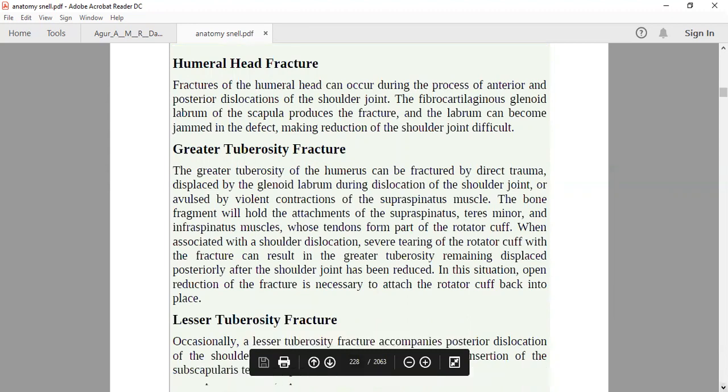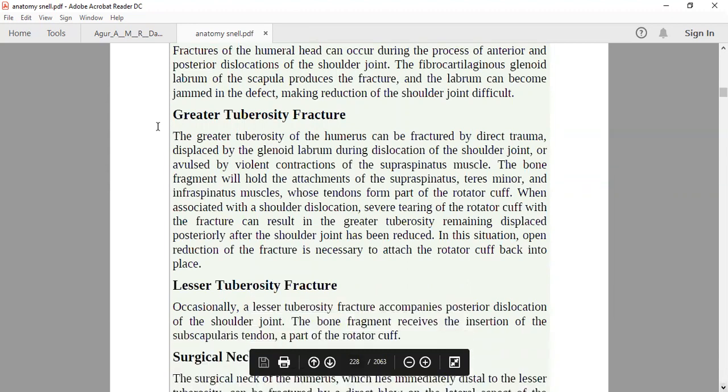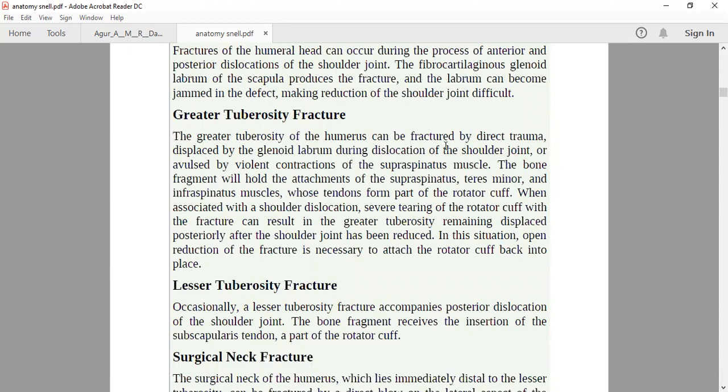Next thing, greater tuberosity fracture. The greater tuberosity of the humerus can be fractured by direct trauma, displaced by the glenoid labrum during dislocation of the shoulder joint, or avulsed by the violent contraction of the supraspinatus muscle. The bone fragment will hold the attachment of the supraspinatus, teres minor, and infraspinatus muscles, whose tendons form part of